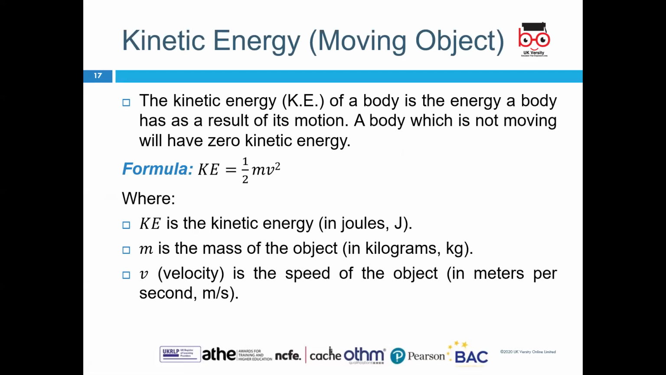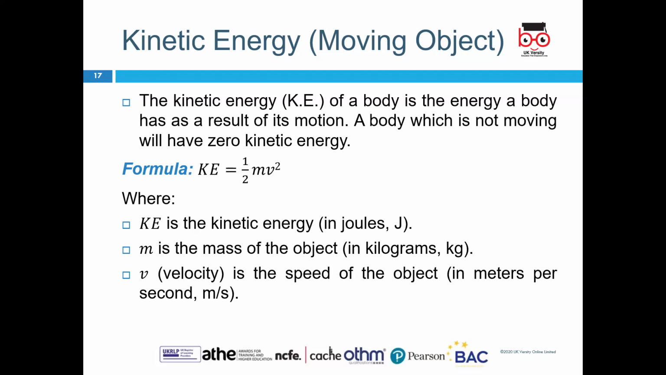So the first one is kinetic energy for a moving object. So the formula of kinetic energy, so basically the concept of kinetic energy is that it is the energy a moving body has as a result of its motion. So a body which is not moving does not have any kinetic energy. So the formula for kinetic energy is KE equal to half mv square,